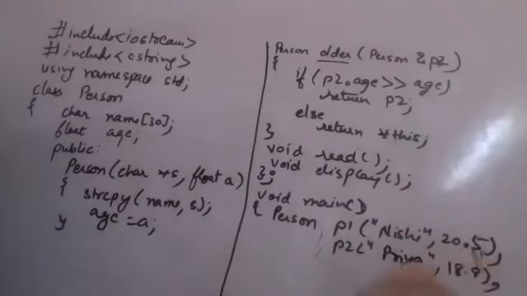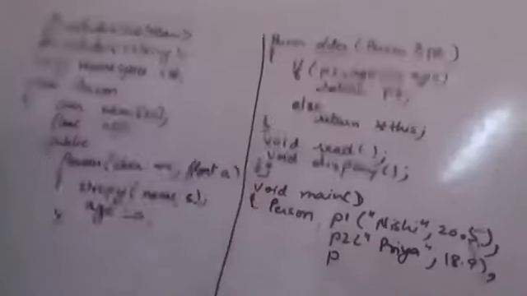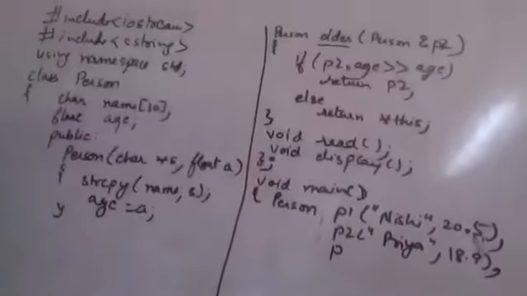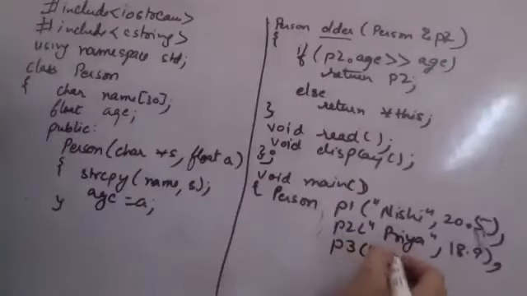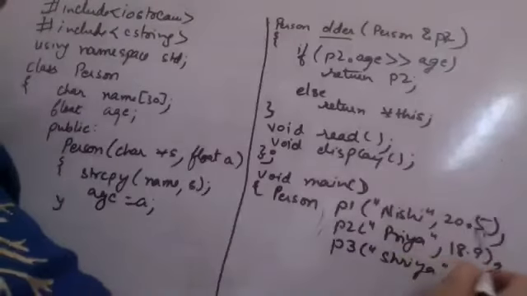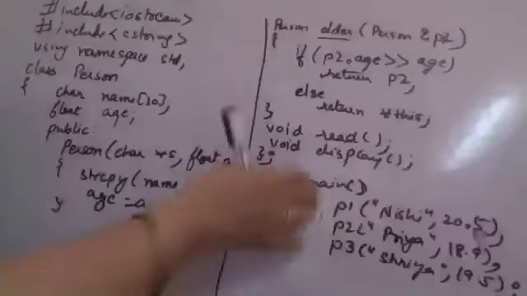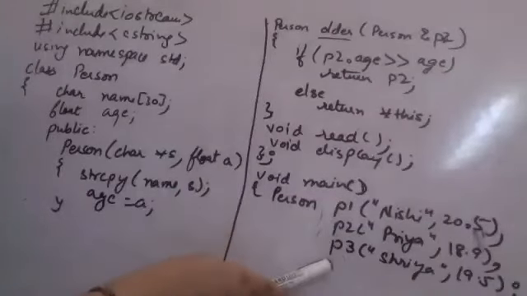See, I don't know your ages, I'm just taking an example, so don't kill me for the incorrect ages. Okay ma'am, you told my age as more or less, this is only an example. Third name which is coming up here is Shriya, and supposedly the age is 19.5. So you have created 3 objects of type person.